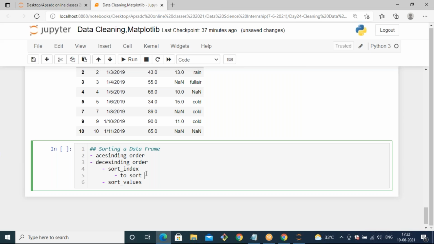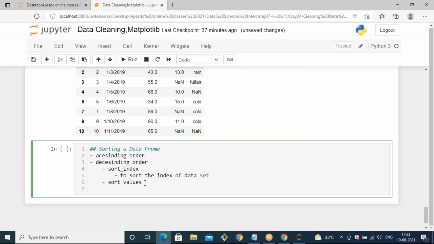To sort the index of the data set. To sort values inside the data set.